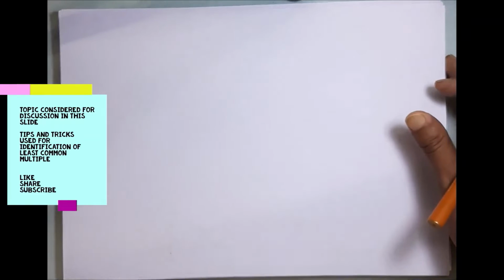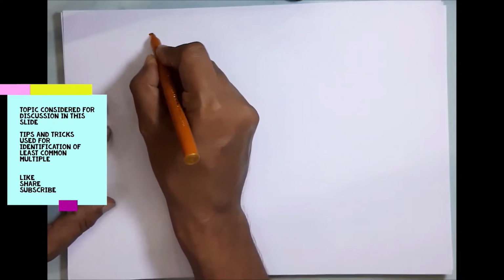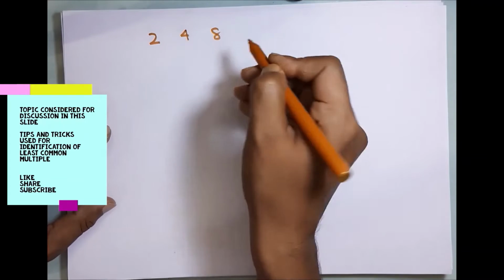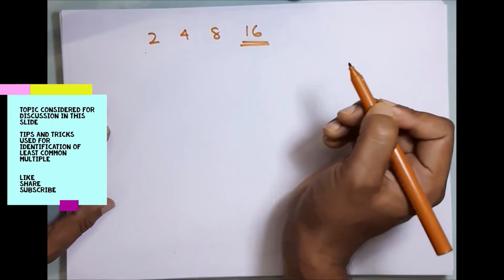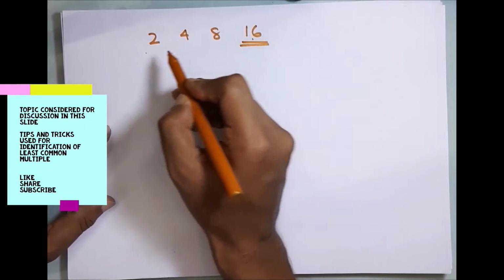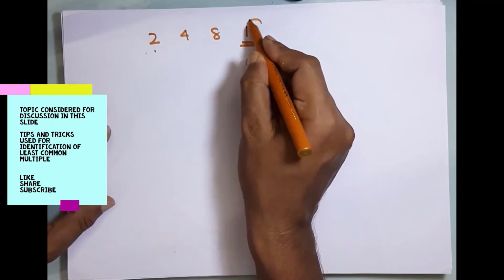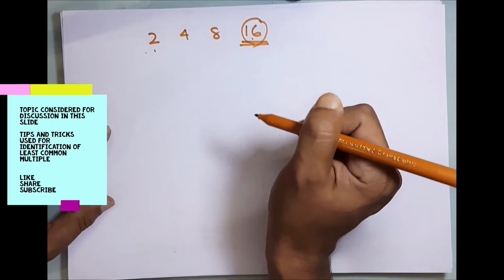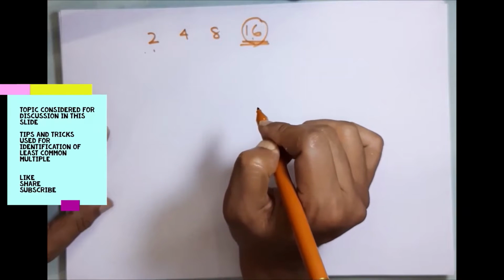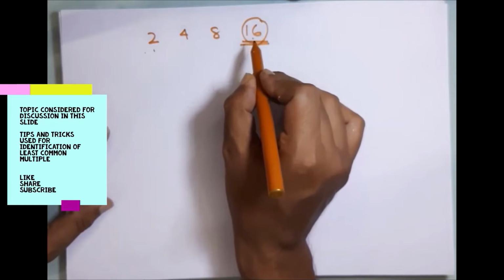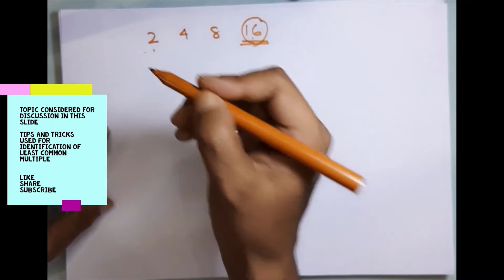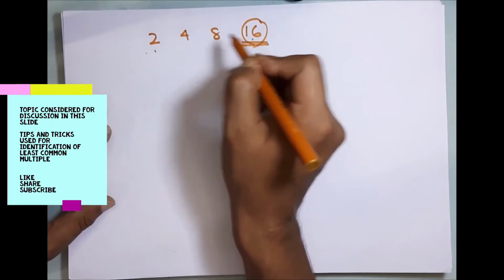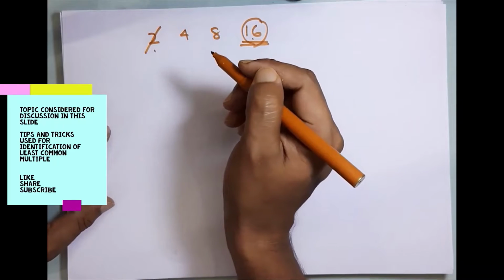So normally, consider some numbers for which we have been asked to identify LCM. I've taken, for an example, the numbers 2, 4, 8 and 16. Out of these four numbers, 16 is the biggest one and 16 is also divisible by 2. So first we will choose the biggest one out of the allocated number series, and if this number is divisible by other numbers in the series, you just scrap out the number. So 16 is divisible by 2, we just strike it out.